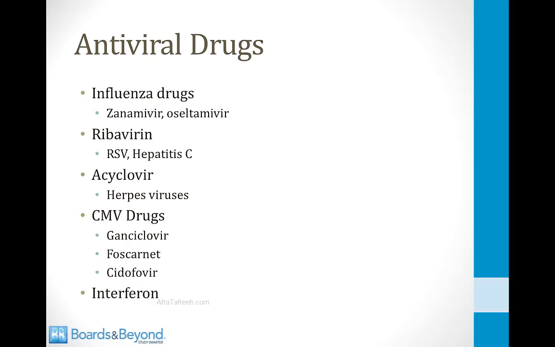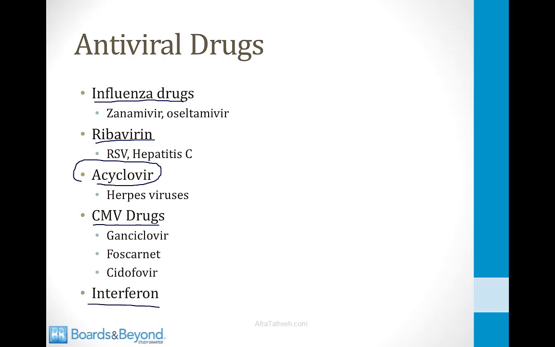Unlike the large number of antibiotics used to treat bacterial infections, there are only a small number of antiviral drugs that are used in modern clinical practice, so we'll go through all of these in this module. There are two drugs that are used to treat influenza infections. Ribavirin is sometimes used for RSV and hepatitis C. Acyclovir is a very commonly used medication to treat herpes infections. There are three drugs that are used to treat cytomegalovirus infections, and finally we'll talk about the uses of interferon